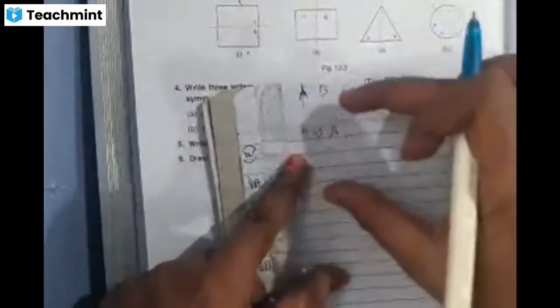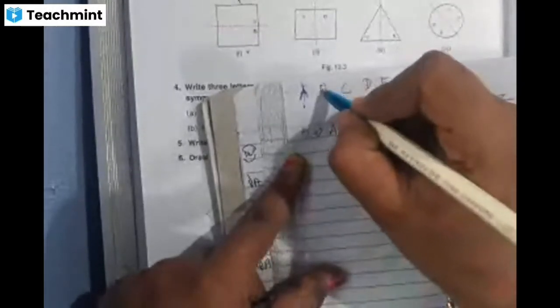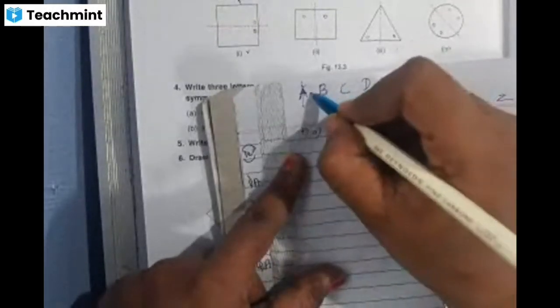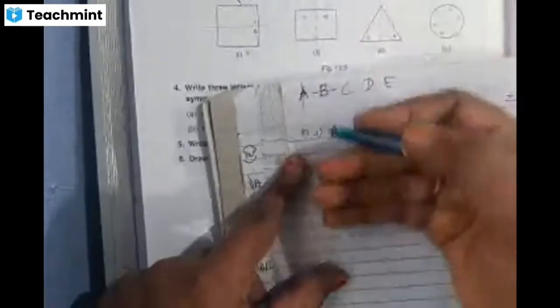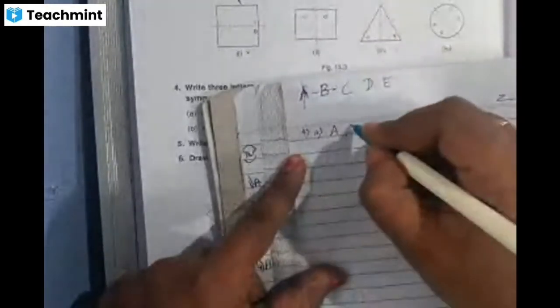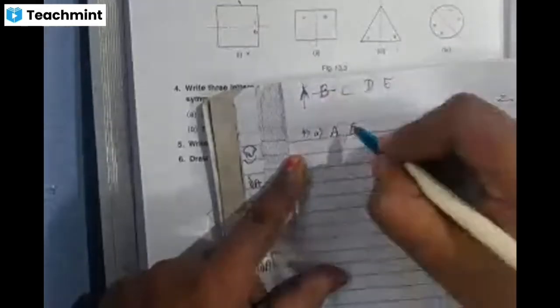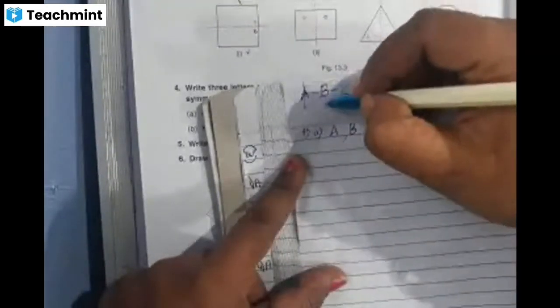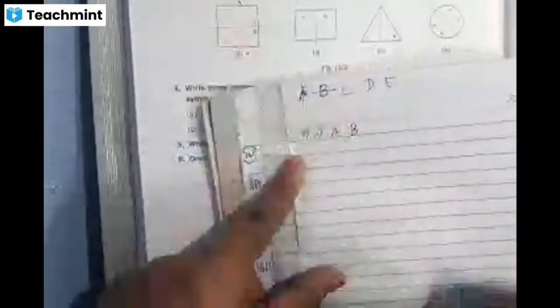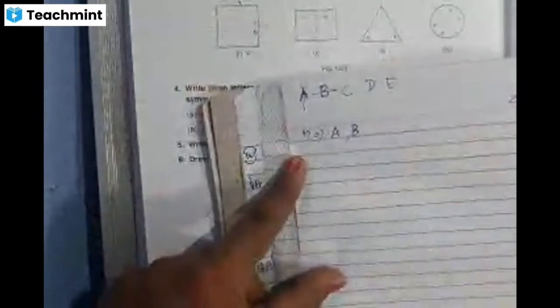You can use big letters, children. For the letter B, if I write the letter B here and draw the line about this line, when I fold it, I get the line of symmetry. But how many lines of symmetry do you get? Only one. If I draw in this way and fold it in this way, you don't get any part coinciding on the second part.